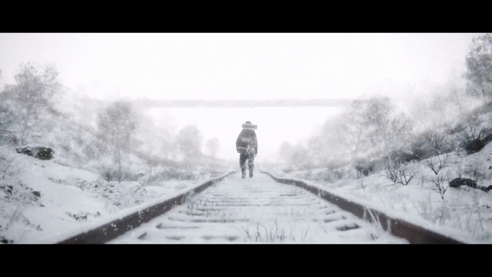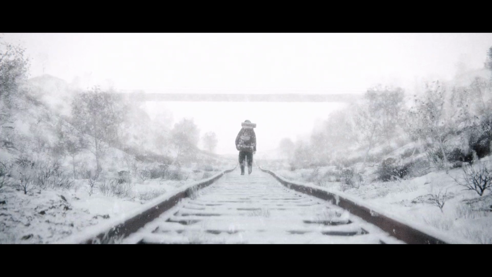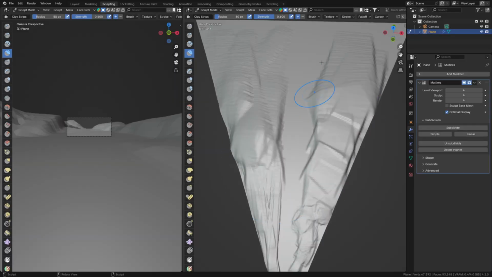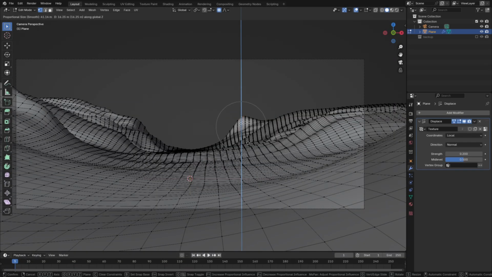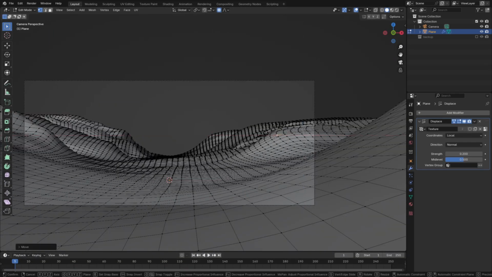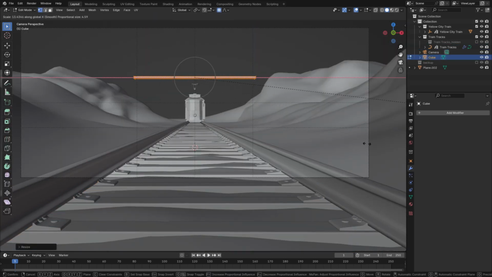I'm gonna break down how I created this snowstorm scene in Blender. First, I'll sculpt the terrain, refining it further and further while keeping the accurate real-world scale in mind. I have a very specific idea of how I want this to look, so I'm trying to match that as closely as I can. I'll add in some terrain tracks and a bridge between two hills in the distance as